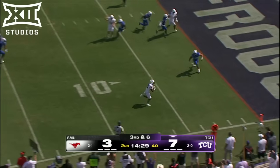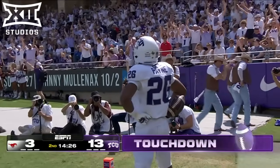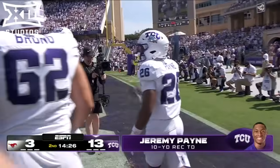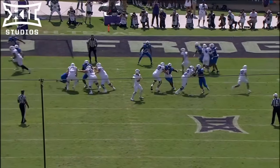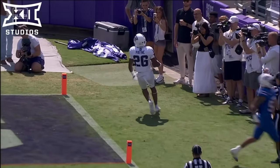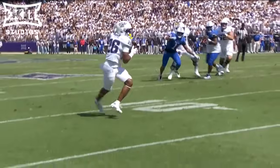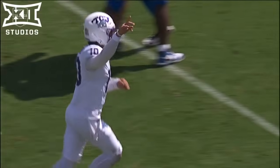Clean pocket for Hoover. Jeremy Payne into the end zone. And it's that easy for Josh Hoover, his second touchdown pass of the day. 5'10", 180. But watch him out of the backfield. He's going to be matched up against a linebacker. The linebacker's not going to be ready. He tries to fight through the traffic, and unfortunately, he's not able to. As a linebacker, you have to understand that those cut splits mean you could get picked. So you have to go over top or underneath, and Payne knows that as well, so that play is run